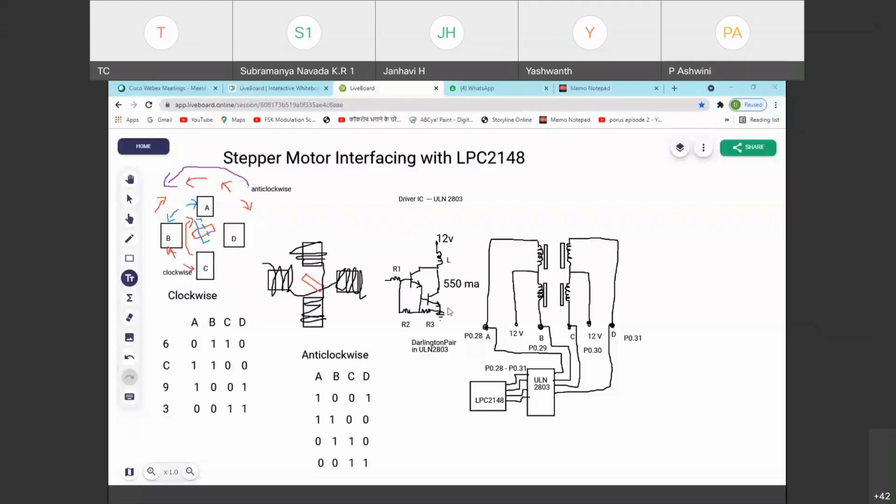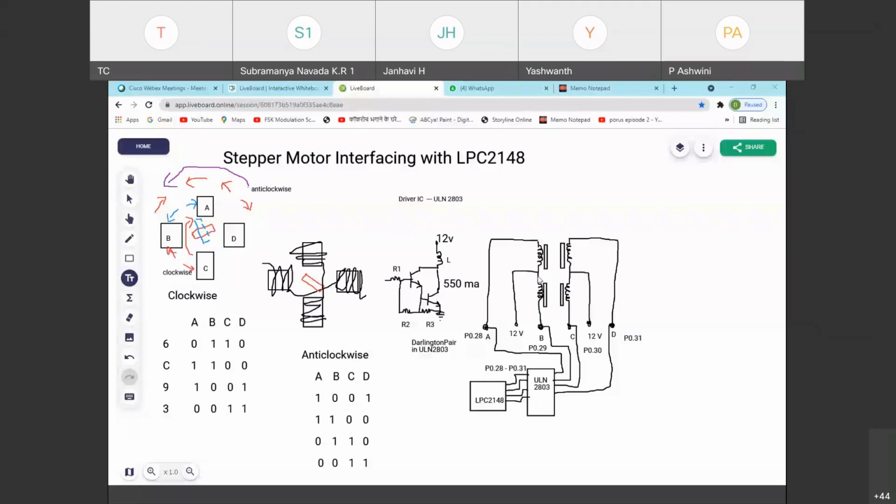Now, one thing you observe: how much voltage am I giving for the stepper motor? 12 volts. You can see in the diagram shown here, 12 volts on either side, and 4 windings are there. The other end of each winding is connected to terminal A, terminal B, terminal C, terminal D. A, B, C, D are the 4 terminals I have used. 12 volts are given to these windings. It means 4 windings, or 4 stator phases you can call them, and in between I have the rotor. The rotor has to rotate based on the magnetic field generated by these windings.